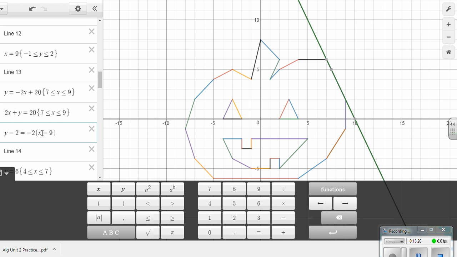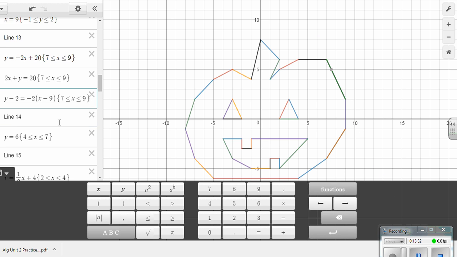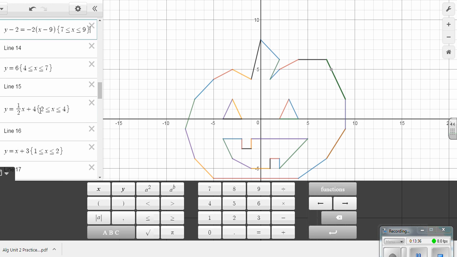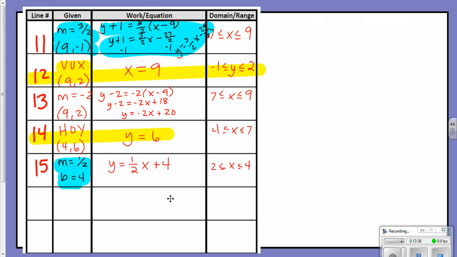Oops. There we go. Same domain and range. Okay. Line 14, that's a horizontal line, so I don't need to do 3 forms, so I'm good there. But line 15, if I go back and look at my work page, this was one of the ones that actually intersected the y-axis, so I didn't have to use point slope to get there, right? When that happens, you still need to use point slope,